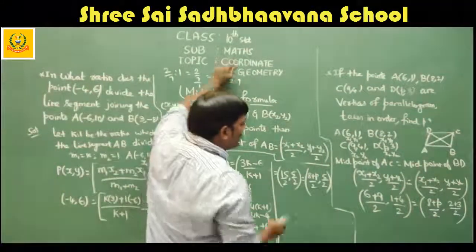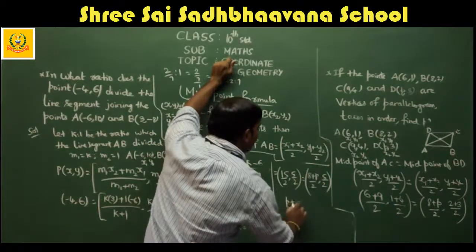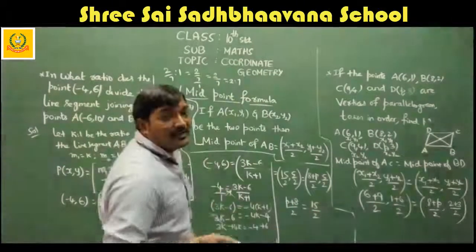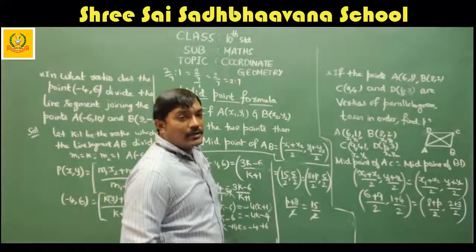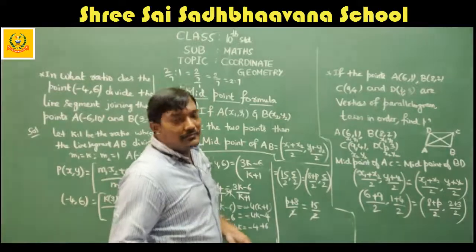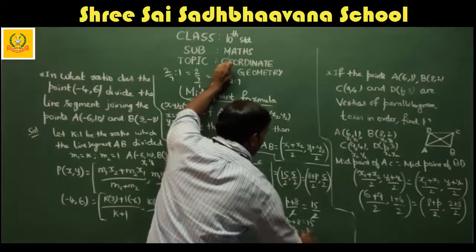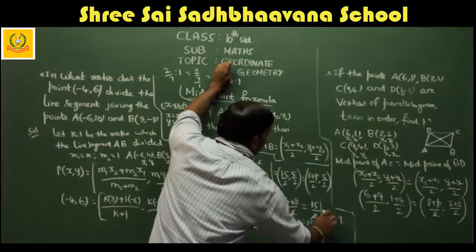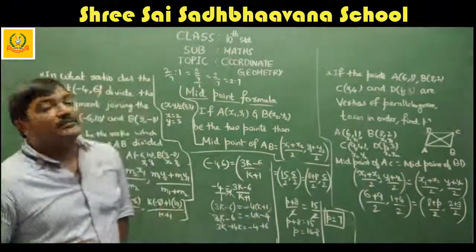In similar way, here also we will do. Anyway, 5 by 2 is equal to 5 by 2. No need to equate. We have to find p, equate the exponent. P plus 8 by 2 is equal to 15 by 2. So I am equating the corresponding x coordinate. So can I cancel 2 on 2? Correct? Because if 2 goes that side, it will multiply 2 into 15 by 2. Anyway, that is 15 only. So p plus 8 is equal to 15. We need p value, which will be 15 minus 8. So p is equal to 7, correct? 15 minus 8 is 7. So our p value is 7.